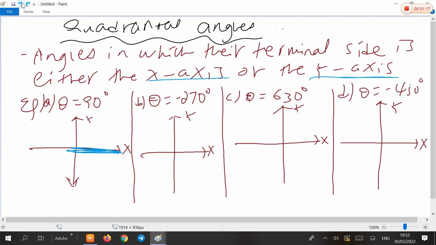for example 90 ዲግሪ ሮቴት ብናደርገው ፖዚቲቭ ስለሆነ አንቲ ክሎክዋይዝ ነው ሮቴት ብናደርገው so that 90 ዲግሪ ማለት the terminal side is the y axis itself። ስለዚህ 90 ዲግሪ ኳድራንታል አንግል ነው ማለት ነው። ሌላ ኤግዛምፕል ኔጌቲቭ 270 ዲግሪ ኔጌቲቭ አንግል ከሆነ ሮቴት ስናደርግ ክሎክዋይዝ ሰዓት ወደሚዞሩበት ዳይሬክሽን ወይም ደግሞ ክሎክዋይዝ ሮቴት እናደርጋለን። so that 90 plus 90 plus 90, 3 times 90 ይሄ ነው ኔጌቲቭ 270 ዲግሪ ማለት። አሁንም similarly the terminal side of the angle is the y-axis so that the angle is an example of quadrantal angle ነው ማለት ነው።